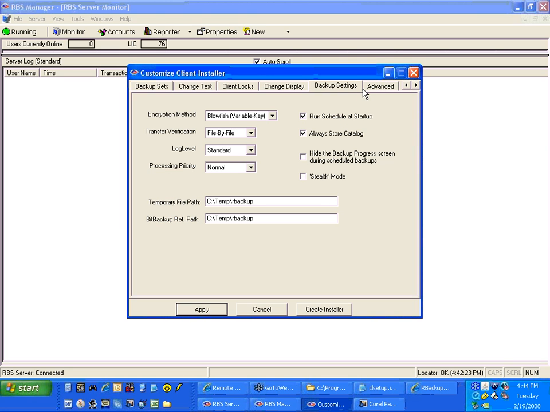Okay, let's move on to the next tab in here. I think we've discussed this in the last session. The backup settings are all by default set to the recommended settings, but if you want to change the default encryption method,